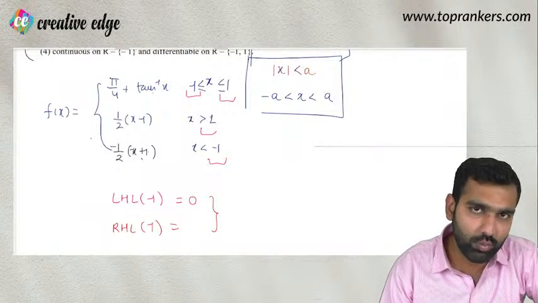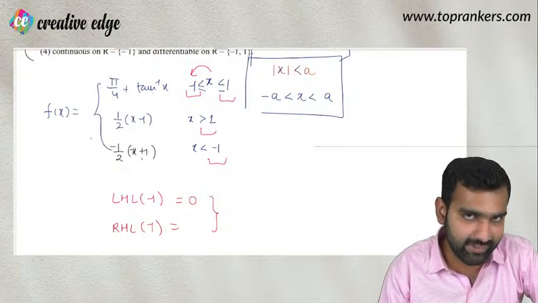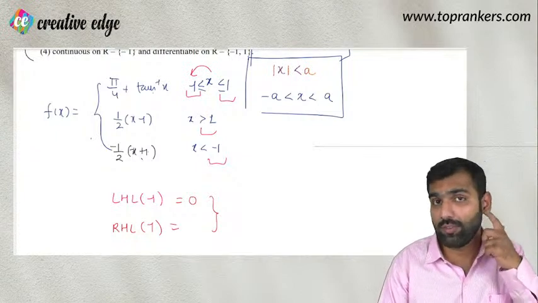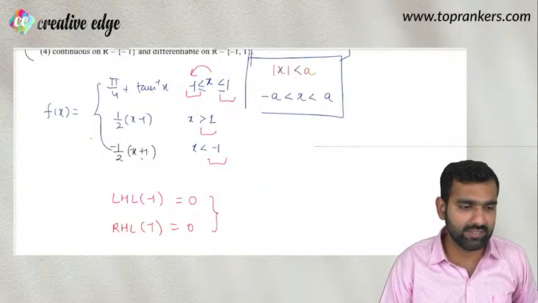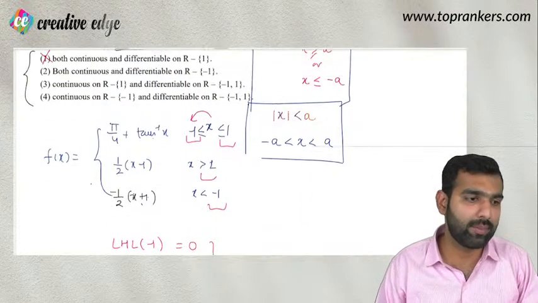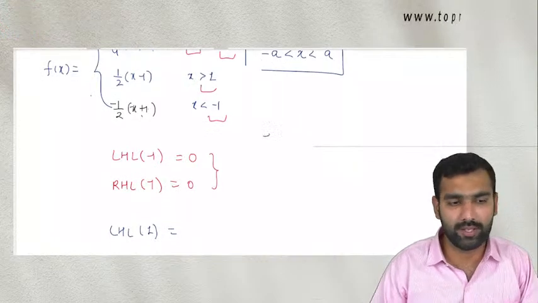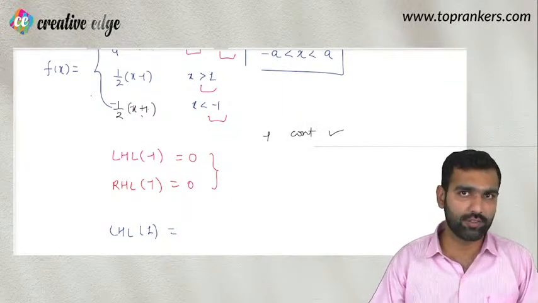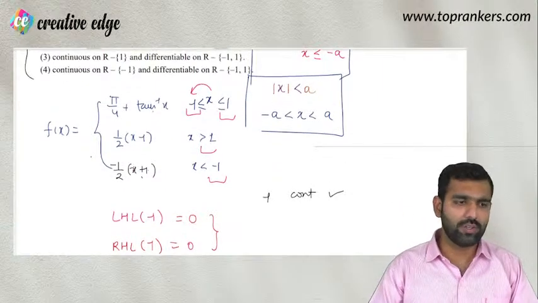अगर आप -1 पर राइट हैंड लिमिट निकाल रहे हैं, तो राइट हैंड साइड से -1 पे आ रहे हैं, तो tan इनवर्स x की जगह आप -1 रिप्लेस करेंगे, तो pi/4 plus tan इनवर्स ऑफ -1, tan इनवर्स ऑफ -1 is -pi/4. So pi/4 minus pi/4 makes it 0. So yes, इसकी राइट हैंड लिमिट और लेफ्ट हैंड लिमिट इक्वल है, यानी ये फंक्शन कंटिन्यूअस है इस पॉइंट पे, यानी -1 पे इस फंक्शन की कंटिन्यूटी ब्रेक नहीं हो रही है. इट इज कंटिन्यूअस, राइट।